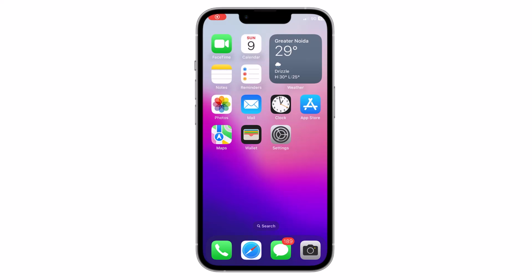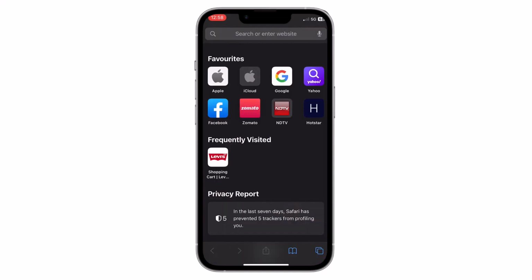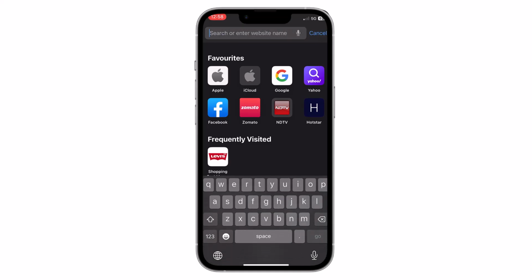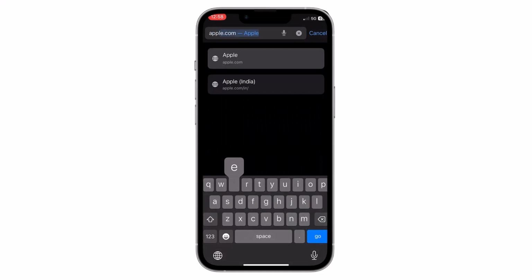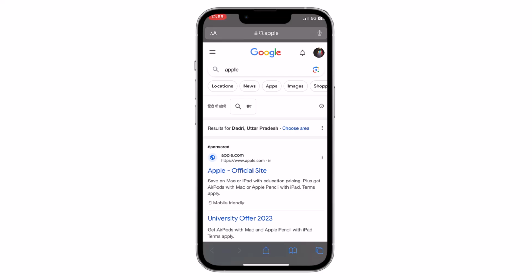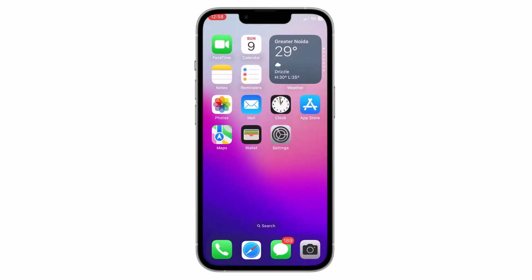Hello everyone. In this video I will show you how you can change the search engine on your Safari browser. By default it is set to Google. For example, if I search for anything then you can see now the search engine is Google and it's searching in Google. So if I want to change its default search engine, what I have to do is just open